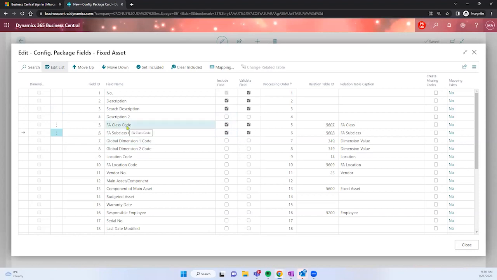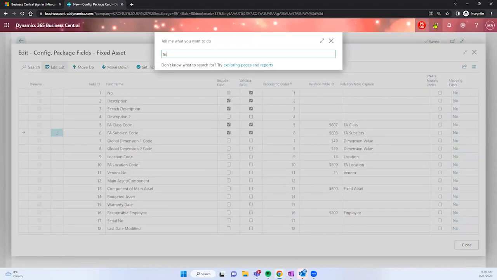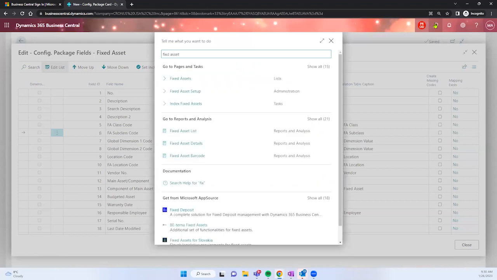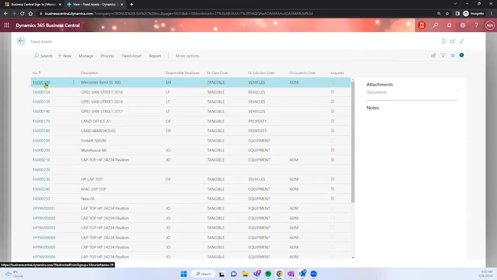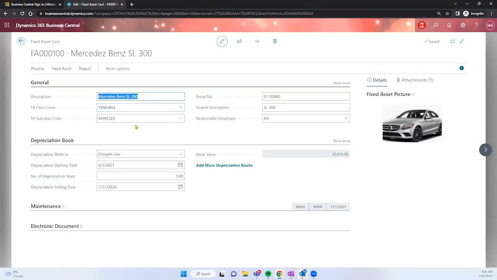What is that? Okay, I'm going to explain. Actually, I'm going to open a fixed asset right now, just to give you a real example, because the actual webinar is for the importing tool. But if I want to import fixed assets, of course, I would like to understand some basics,